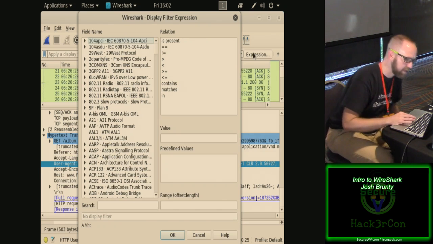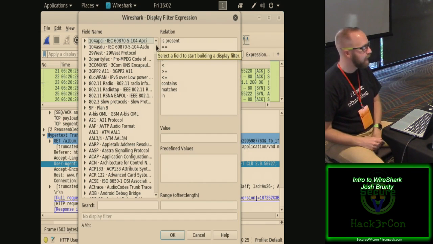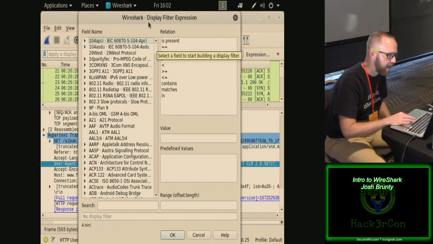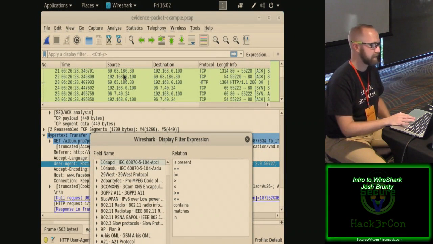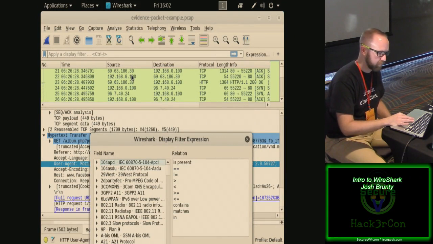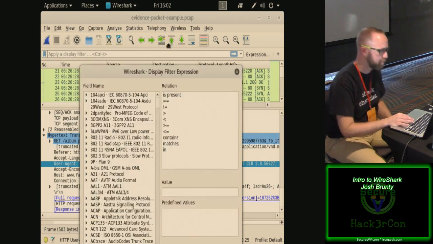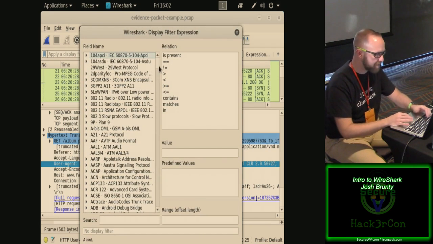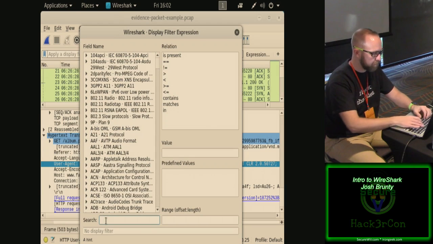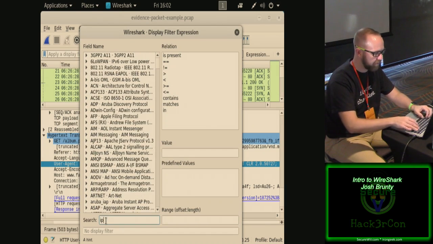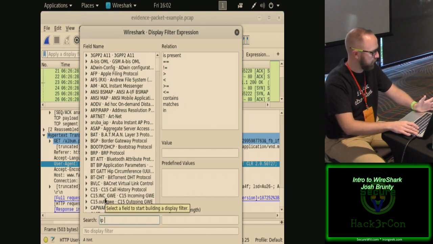So let's say that I want to build a capture filter that basically captures this IP of 69.63.186.30. Or let's do 192.168.0.100. That's a more common IP. So if I'm not sure what I'm going to be searching for, and I'm not sure what my display filter should be, I can search out what I think it might look like. So I can type in IP, and that's going to list out,